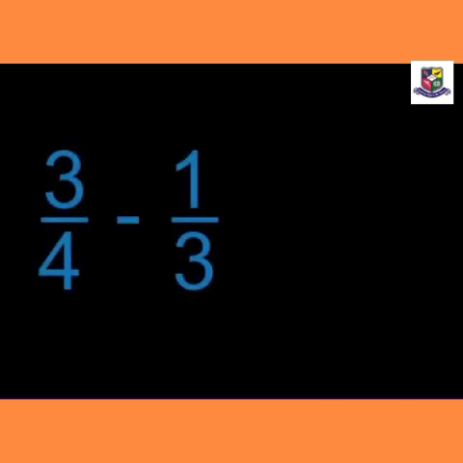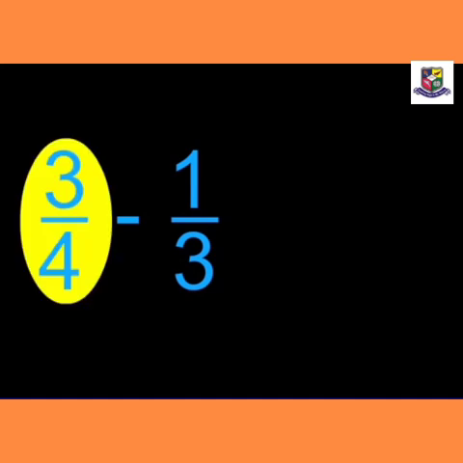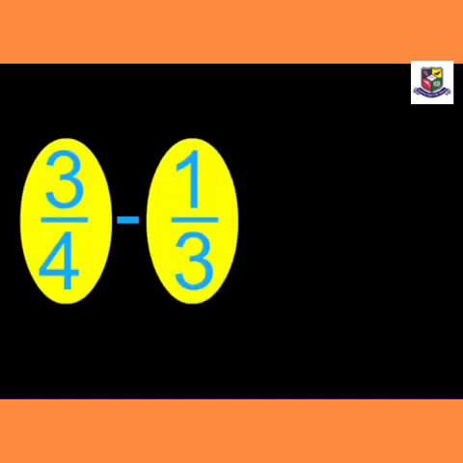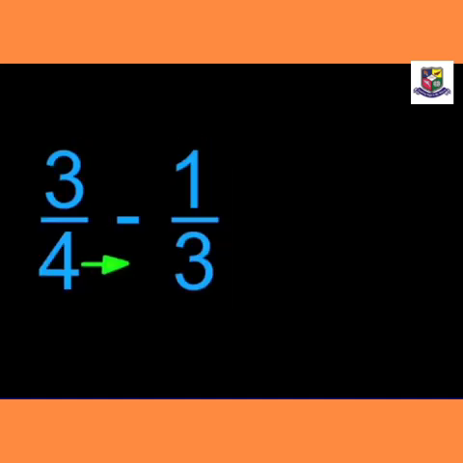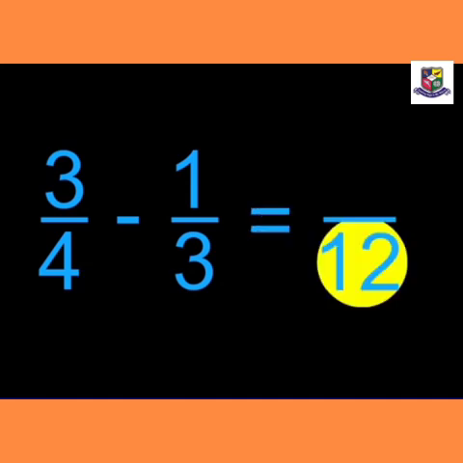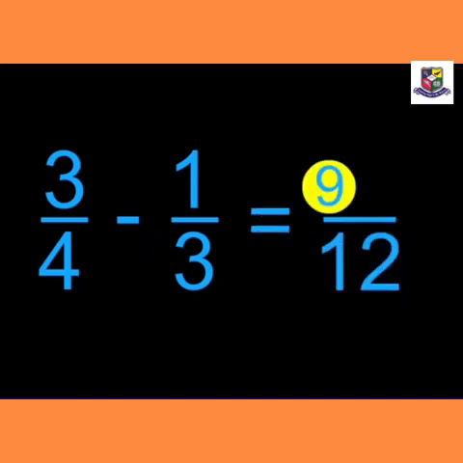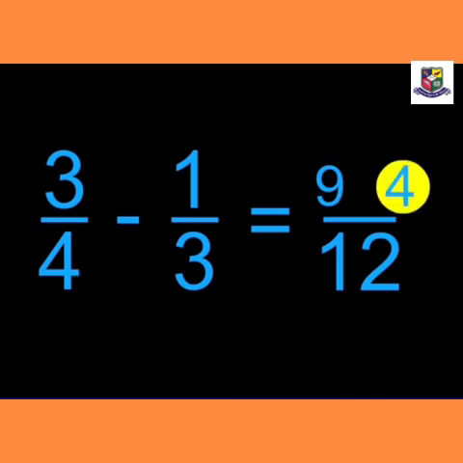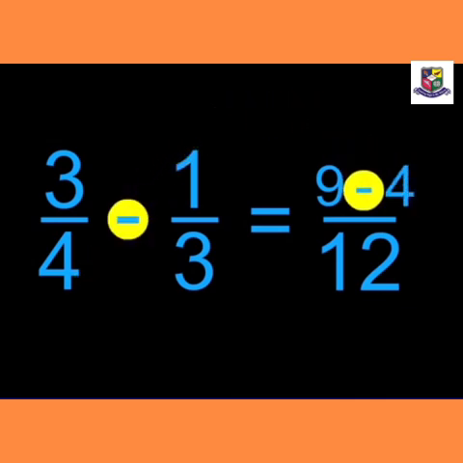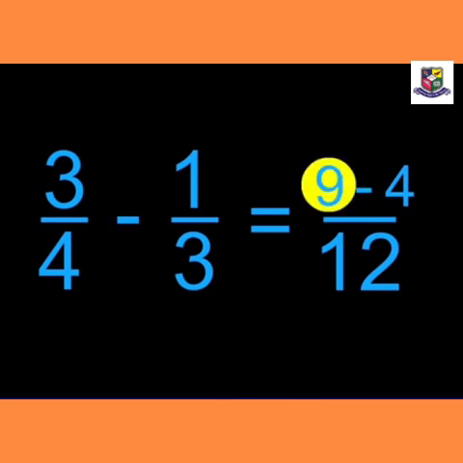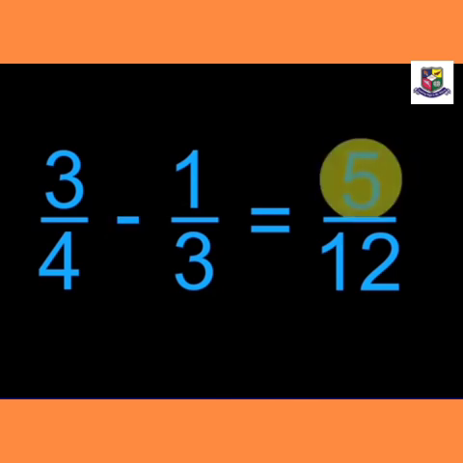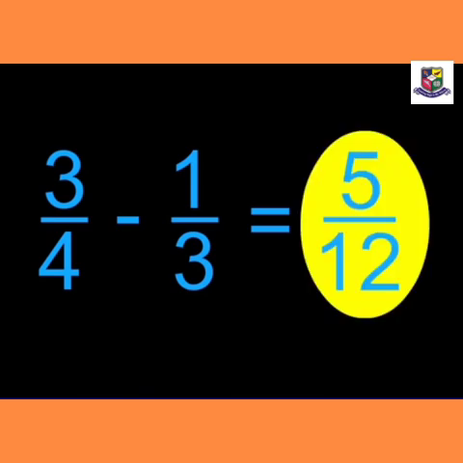Let's take an example of the subtraction of unlike fraction. So here we have the denominators different. So what we have to do, multiply 4 by 3, 12. And now we have to cross multiply. 3 multiply 3, 9 and 1 multiply 4 is 4. Now we subtract this and we'll get 9 minus 4 as 5. So what we'll write here, 5 by 12. That is our answer for this.